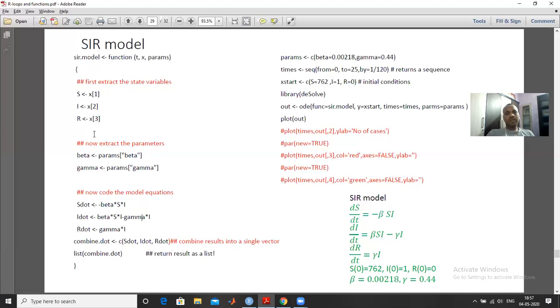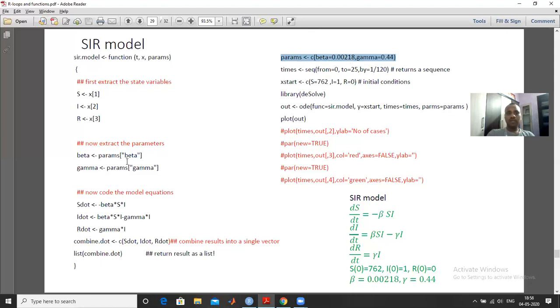But it is not good practice. It is good practice to define explicitly what S, I, R are. So S is the first element, I is the second element, R is the third element of this vector. And what are the parameters beta and gamma? We are just defining them. The parameter is the first element. We can write it as 1 and 2 as well, or you can call it by name. As in the previous one, we defined it like 1 and 2. Here I can call it by name as well, because params is defined in terms like this: beta is equal to this, and gamma is equal to this.